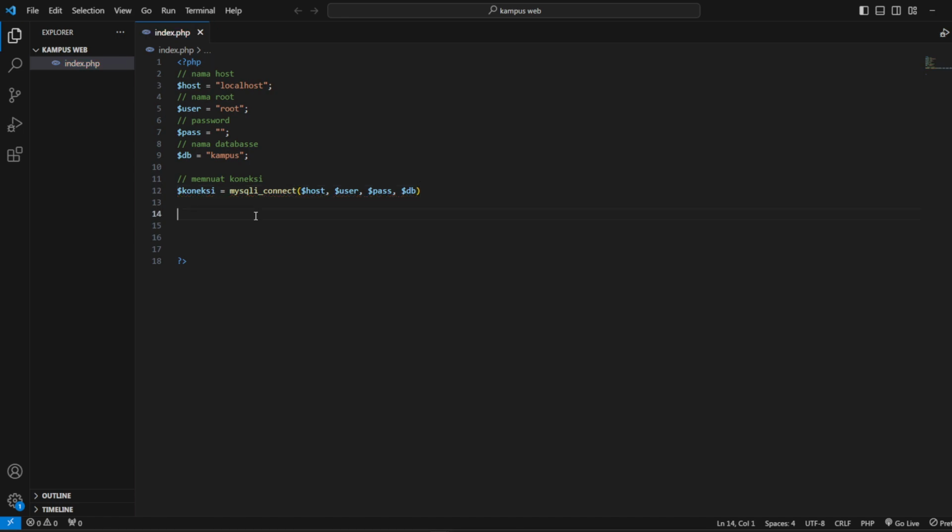Nah, like that. And then this is to check if our database is connected or not.